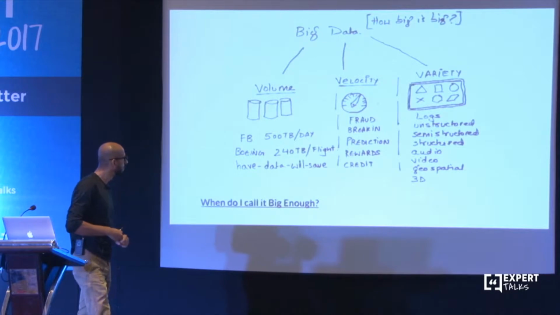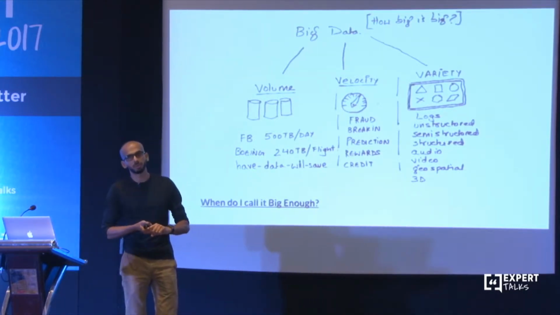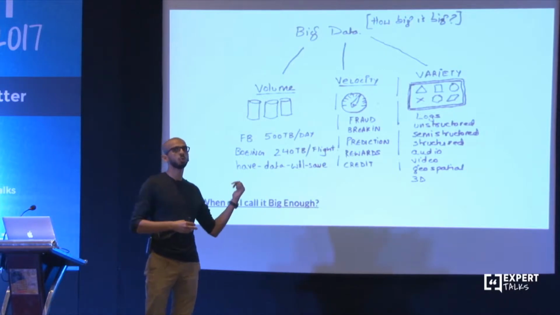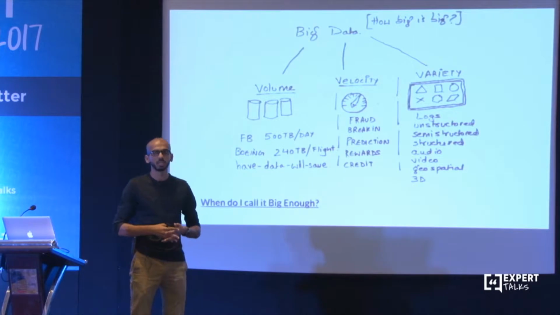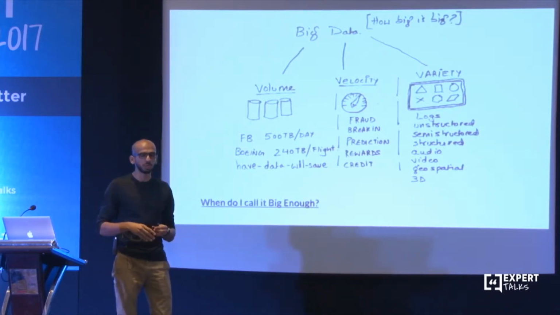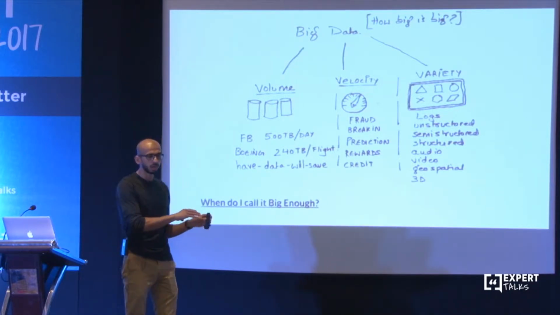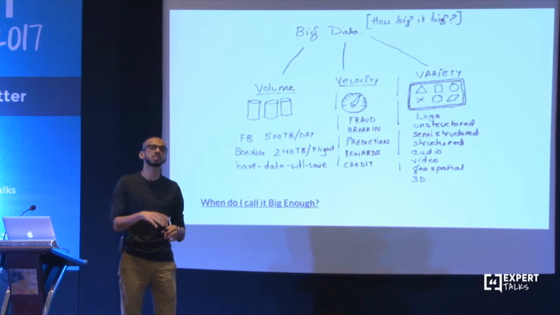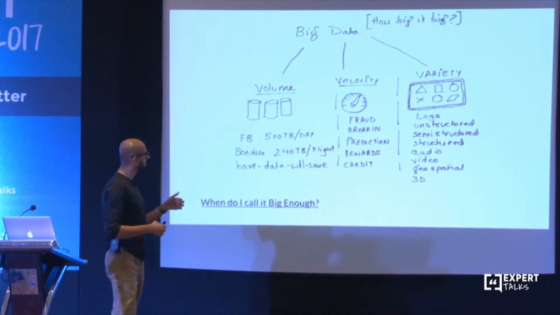One is volume. Now, at any point of time, you have a problem if you have 2 of these 3. Any one in isolation is easy to address and solve using traditional ways. But if you have any 2 of these, you usually would look beyond your traditional systems. We'll later have a look at what traditional systems look like and what challenges they run into. Now let's talk about volume of data for a moment.